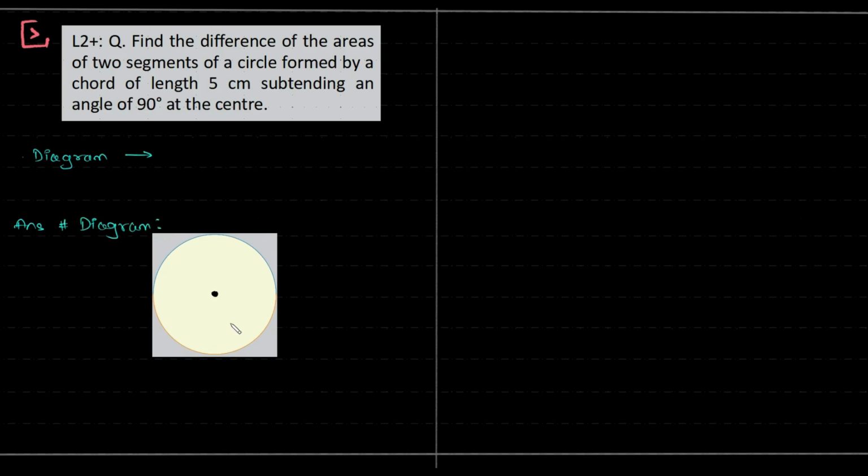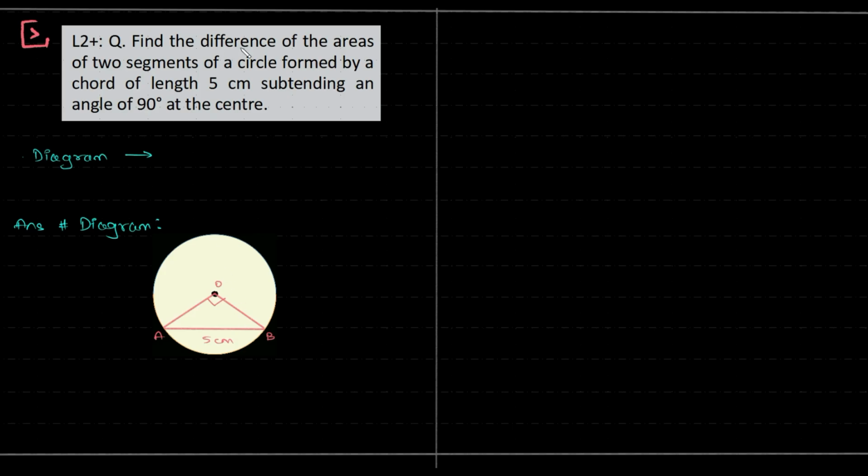So what we have here is a chord of length 5 cm subtending an angle of 90 degrees at the center. This is 5 centimeters. We can call this triangle OAB, right? That is convenient. Okay. Next,